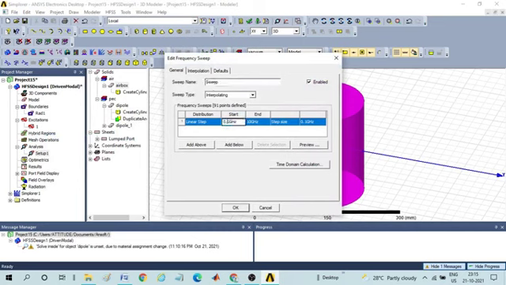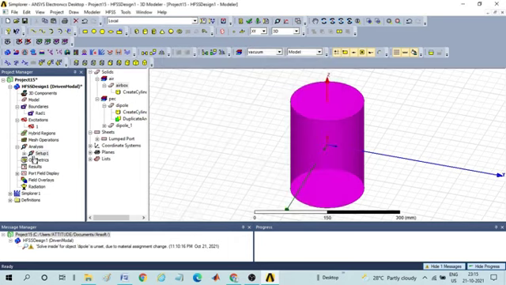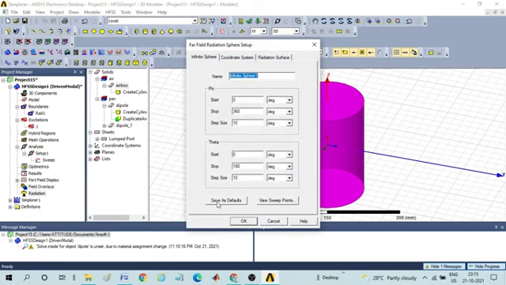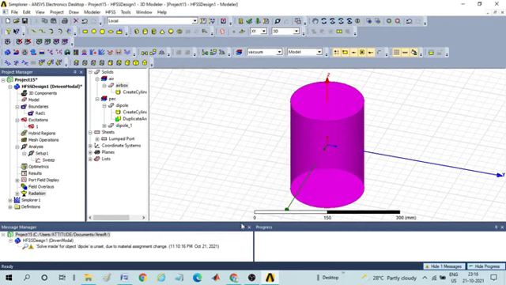Let us take it as 0.5 gigahertz to 1.5 gigahertz and the step size be 0.1 gigahertz. So once you are done with that, go to radiation, insert far field setup, infinite sphere. So similar to previous case, here also I am changing theta to 360 degrees and initially giving it as OK.